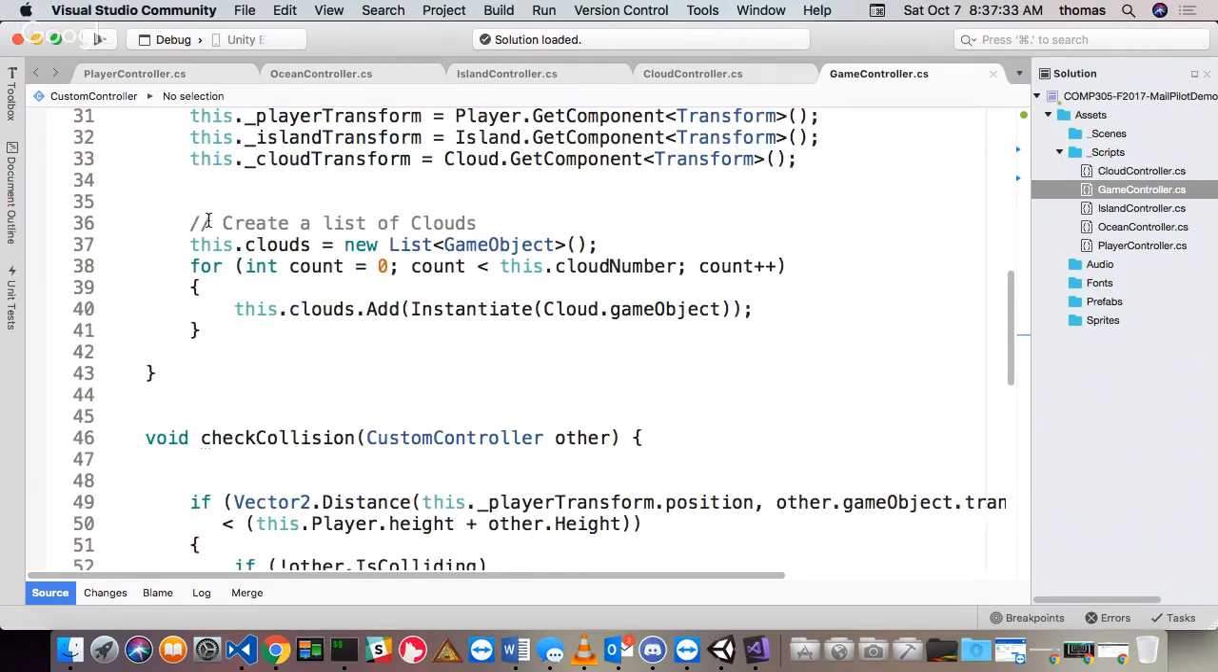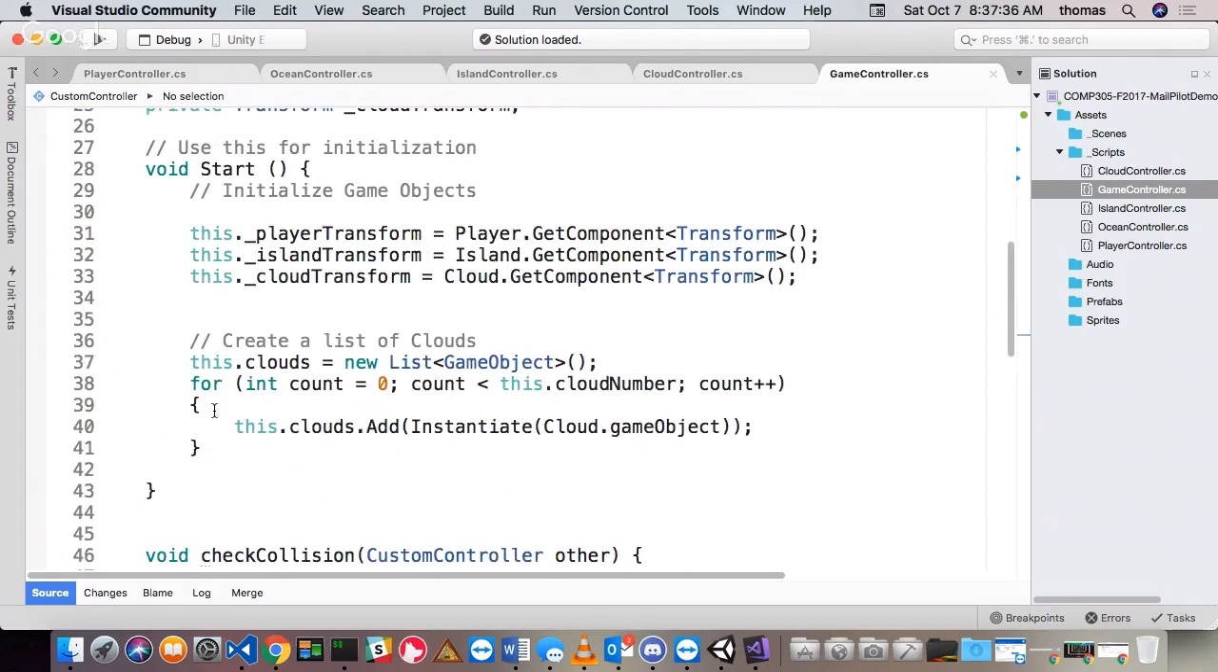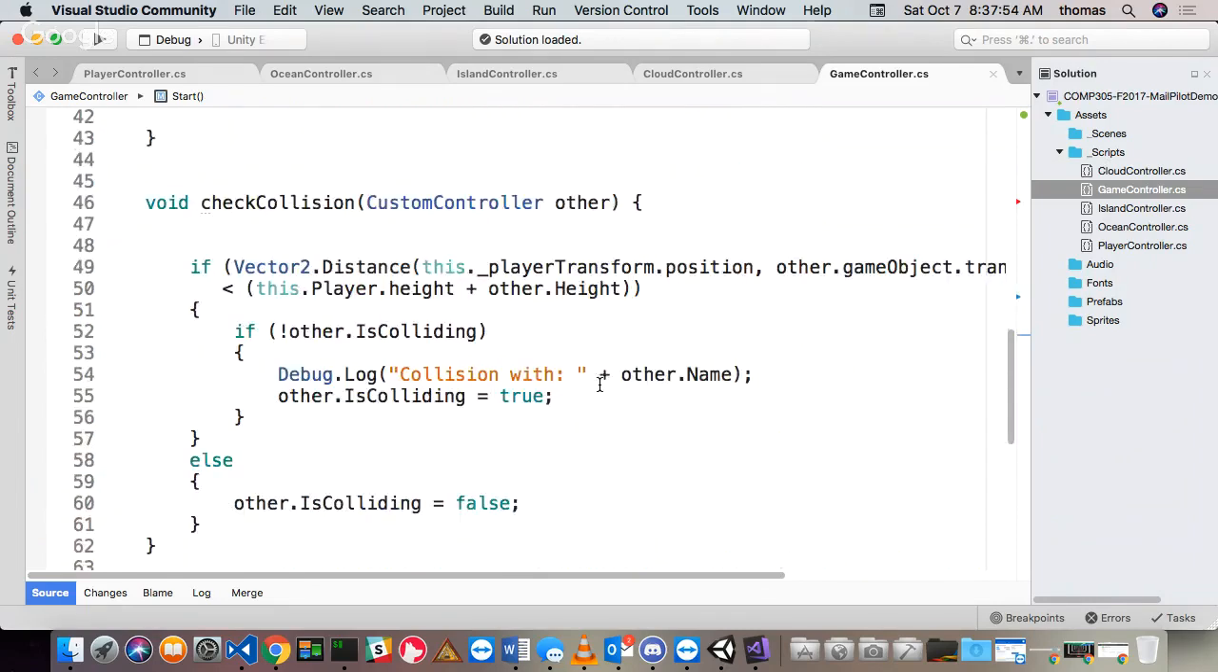Then what we did is inside the start method, we would instantiate the list of cloud objects, right? And build up the number of clouds that I wanted based on the cloud number that I put into my inspector. So if I wanted 3 clouds, I put 3 in there. If I wanted 2 clouds, I put 2 in there. Okay. Now here's my check collision method, and we're going to replace this today with the Unity check collision method,